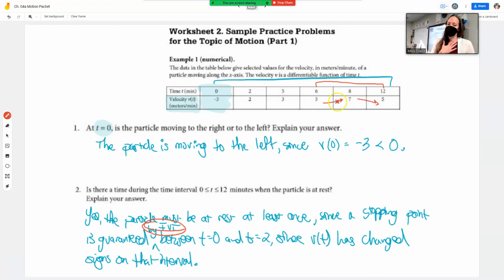What's happening on average had to instantaneously, remember our 70 miles per hour? What's happening on average is going to have to instantaneously happen at least once. So there is an increase somewhere here. There is a decrease, at least one somewhere here. What happens between an increase and decrease? What happens between a positive and a negative? It's the same kind of logic in that there's a sign change.